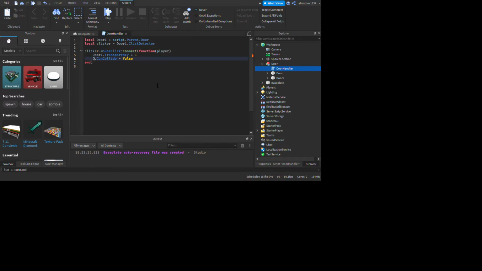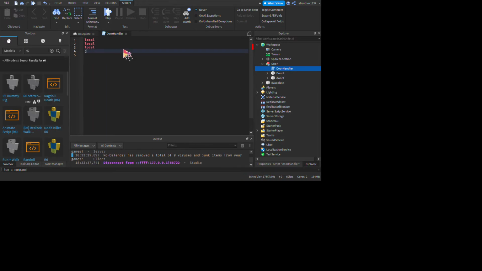Let me change this to door 1. Local door 1 equal script.door 2. Local